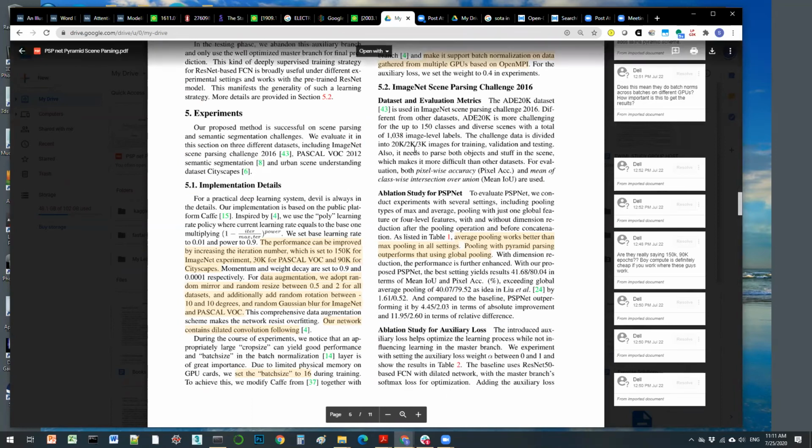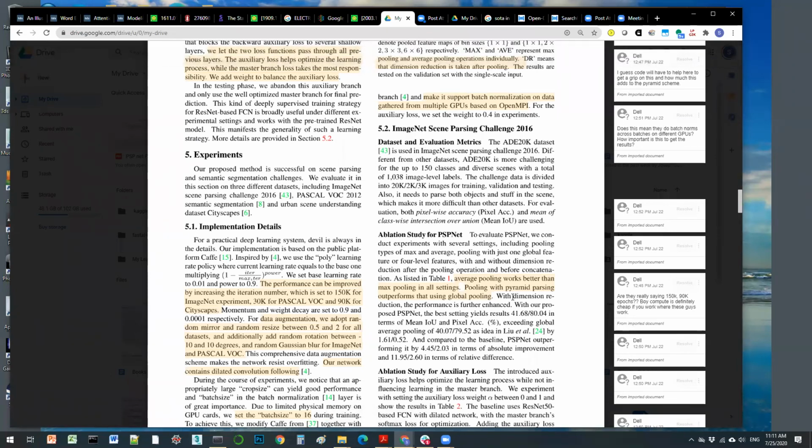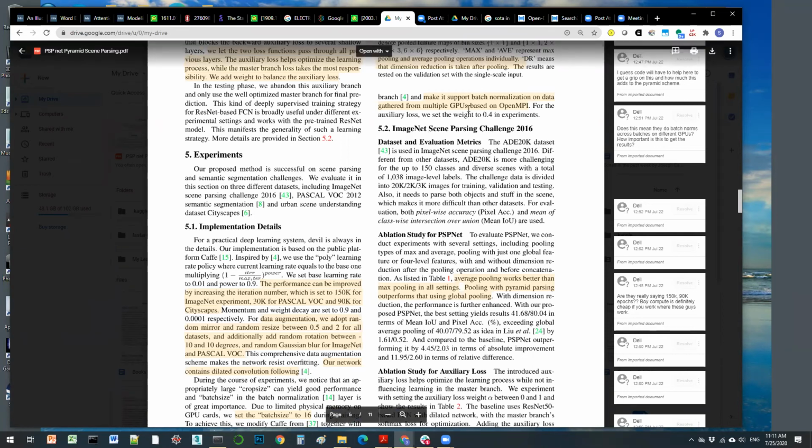So they distributed it, but still kept the batch size 16 and did the batch norm across the GPUs using a multi-processor communication technique, which is what OpenMPI is. And that was a little bit concerning, because that means we wouldn't be getting equivalent results,